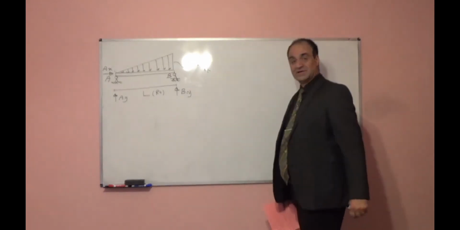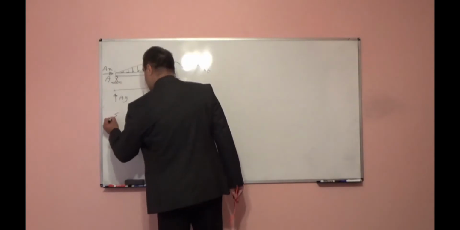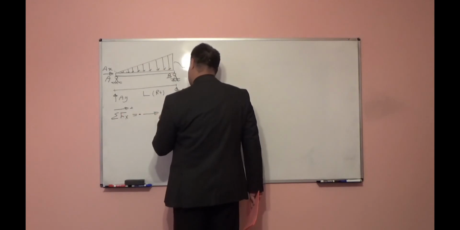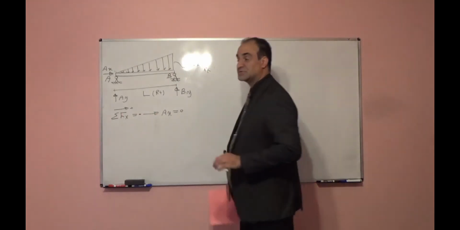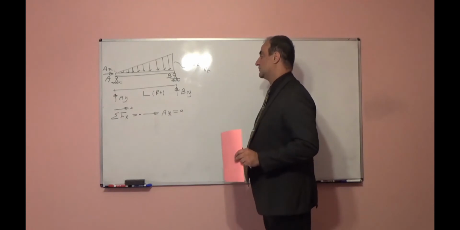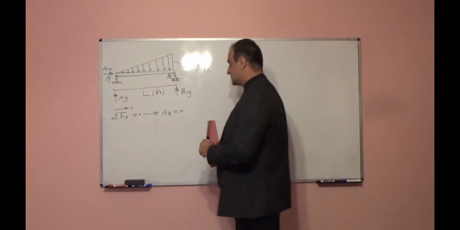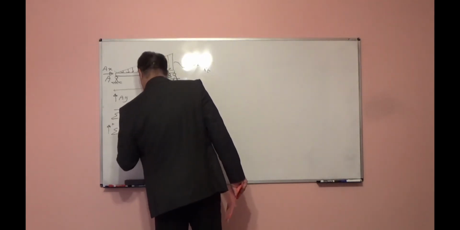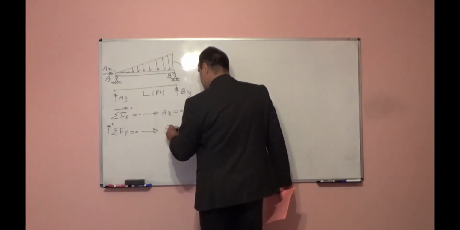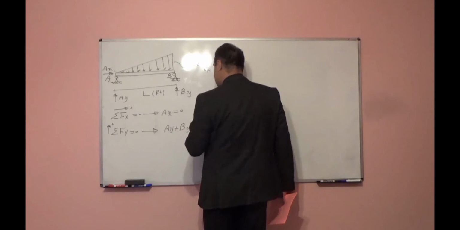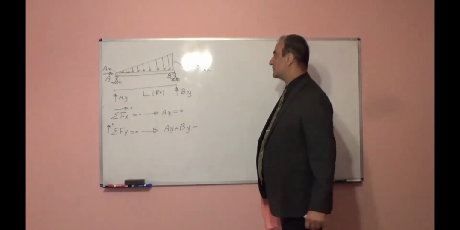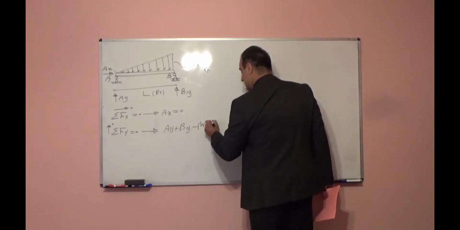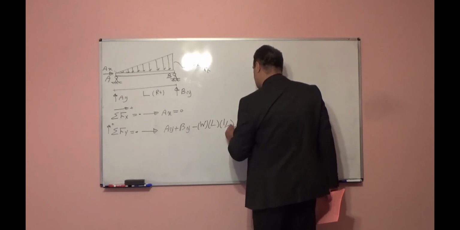I want to find reactions again. Here again, summation of forces equal to 0. From here, AX is equal to 0. Summation of forces in horizontal direction is equal to 0, so AX will be equal to 0. Summation of forces in y direction equal to 0. From here, I can write AY plus BY minus the resultant force. Resultant force means the area of this triangle, which will be W times L times 1 over 2